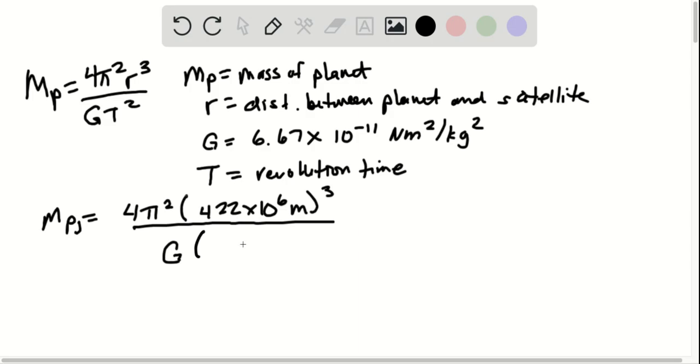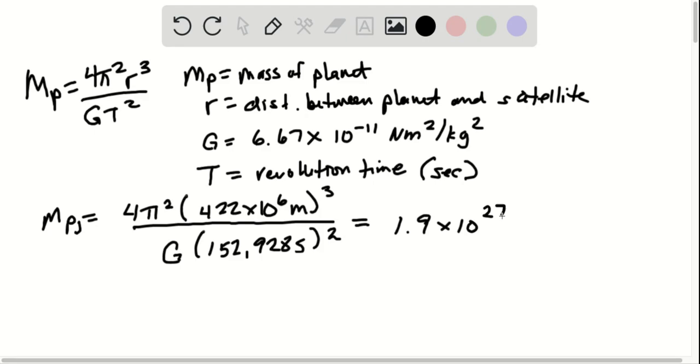T in the case of the moon Io is 152,928 seconds. In this particular equation, you must place the revolution time in seconds. When you do the math, you get 1.9 times 10 to the 27 kilograms as the mass for the planet Jupiter. As a way of verifying this, you can then do this same formula using data from a different satellite